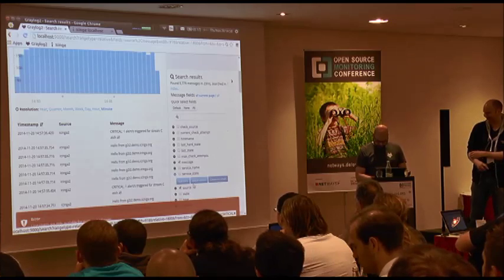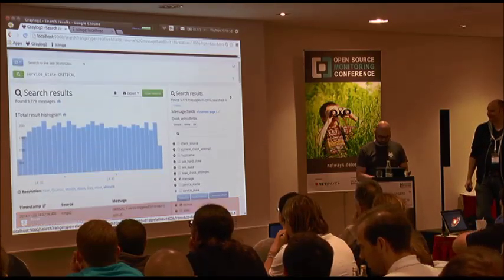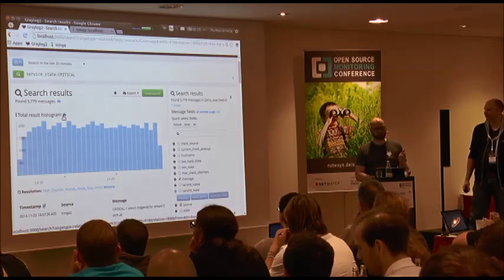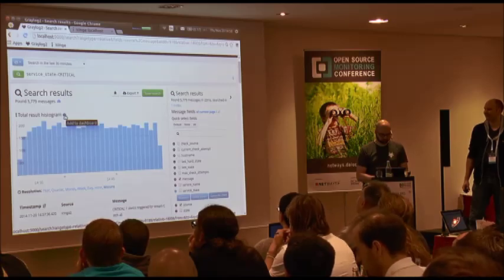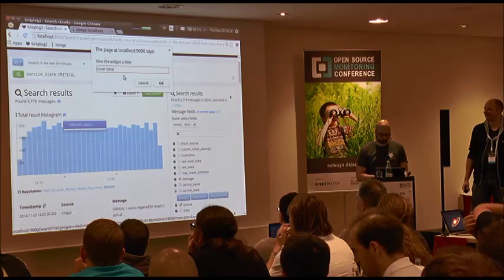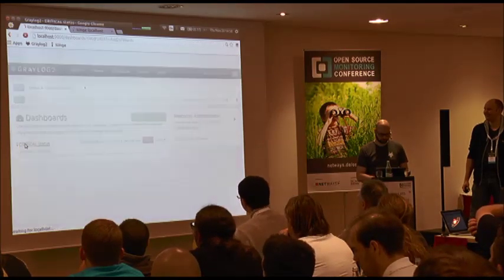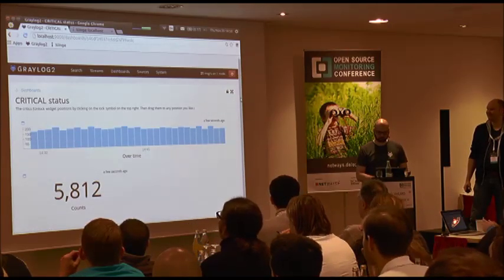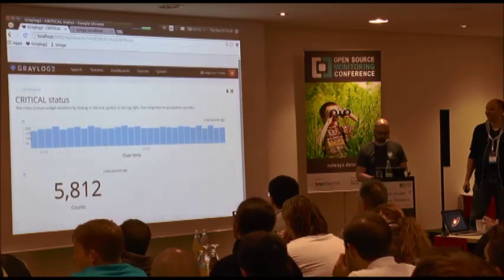The problem is the value is not numeric, and because of that I cannot generate a chart from that. So I want to do this here over time. So now I have the number on the dashboard and also the graph over the last 30 minutes for the critical status.